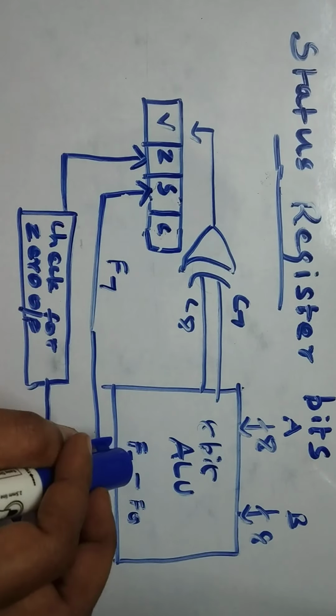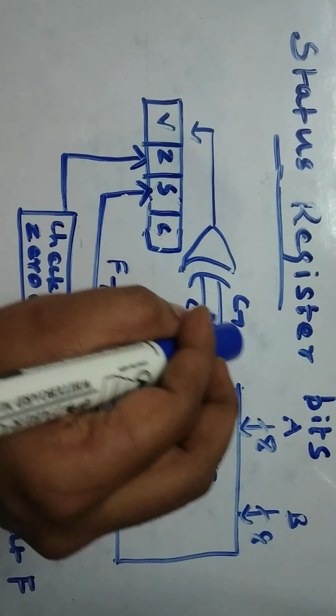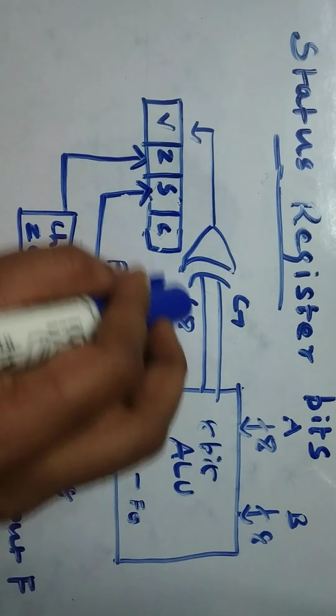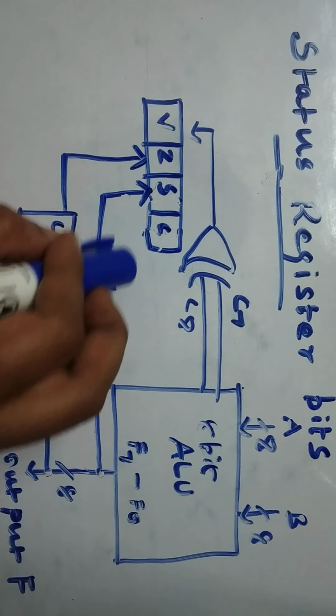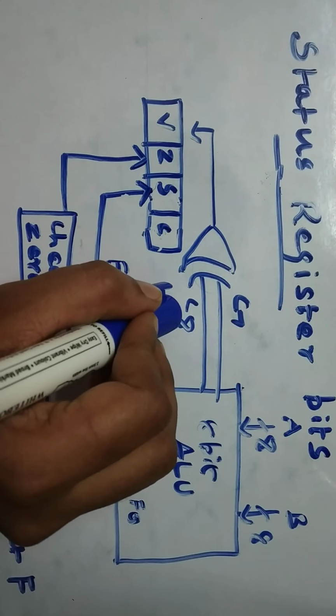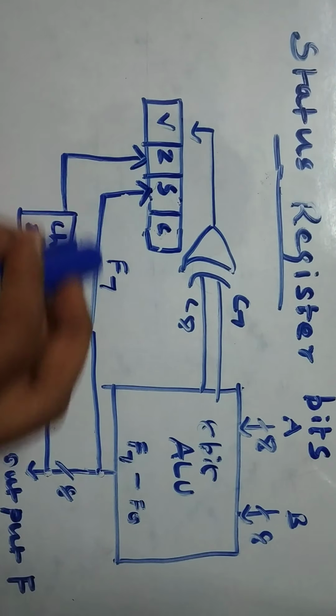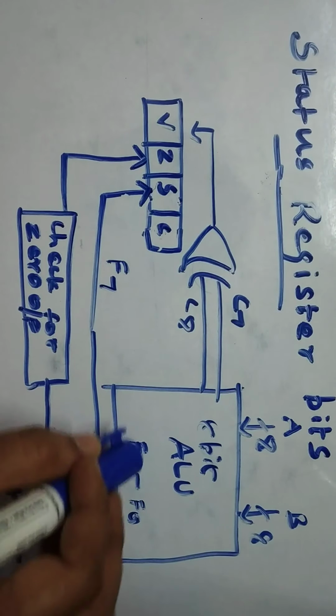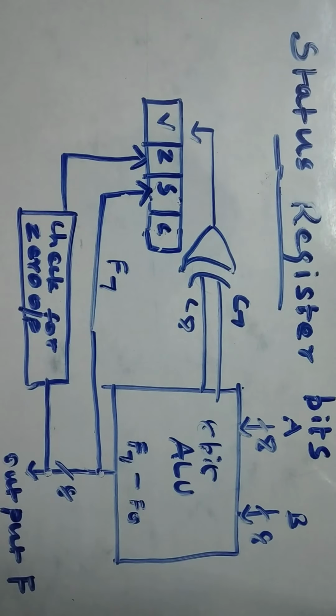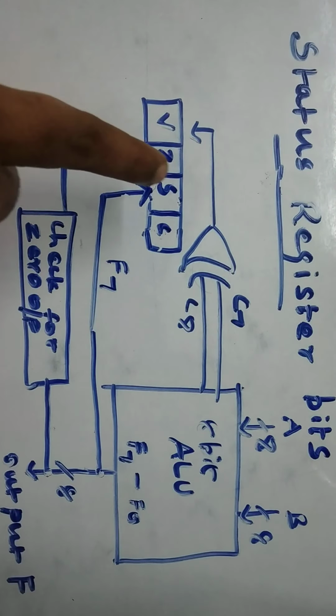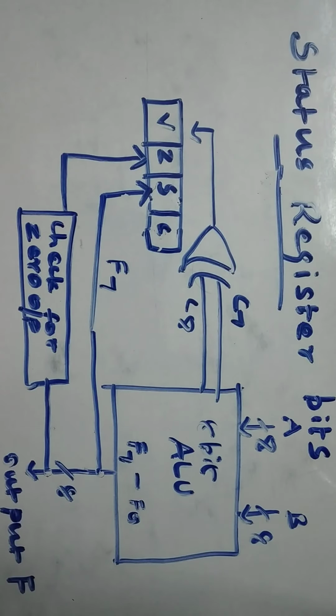Performing the XOR operation on the two last carries gives the overflow bit. And next, if the last carry bit, for example the C8 bit value, is 1, then your carry bit value will be set. And what is this Z? The zero bit. It represents that if your result is 0, then this zero bit value is set to 1. Otherwise the zero bit value is cleared to 0. That is what we are checking for a zero output. If your whole output is 0, then this value will become 1; otherwise it is 0. This is the corresponding output we get from the operation.